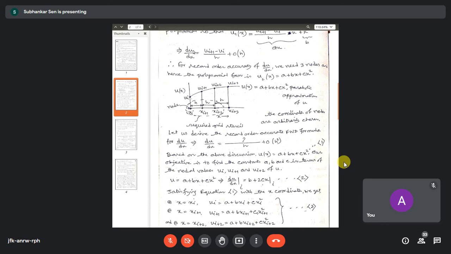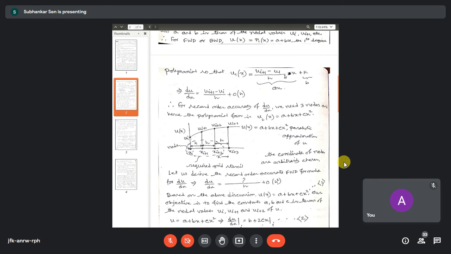So du dx will be a constant when your ux is of the a plus bx form. So if your ux, this one is for the first degree polynomial, you can take ux equals to a plus bx. This is the straight line, y equals to mx plus c kind of straight line. If you take the derivative of this term, you are getting dux dx equals to b. B is a constant. So this is that particular constant.